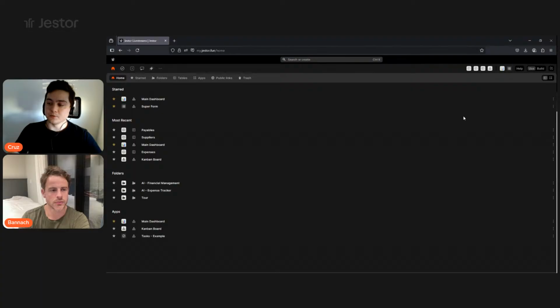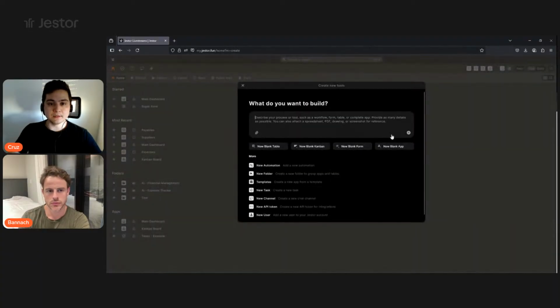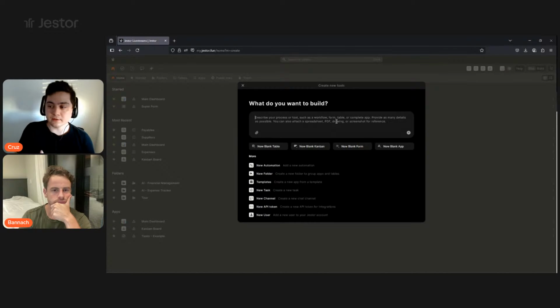Okay, so I'm going to click here on create new tools, and this is going to summon this panel in which I can ask the AI to build processes for me, build apps for me. So all I have to do here is describe the process, the app that I want. I could provide flowcharts, images, spreadsheets, anything that I think would be useful for the AI to review before building the process. But in this case, I'm just going to describe it with a little bit of information. So what I'm going to do here is tell it to create a recruiting app